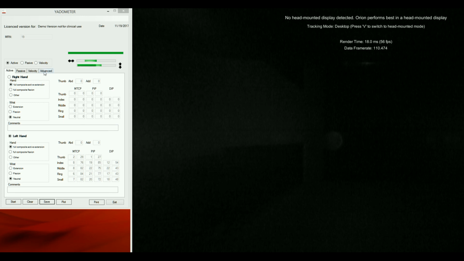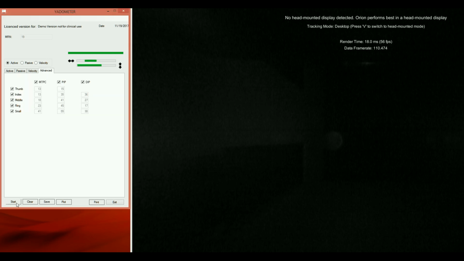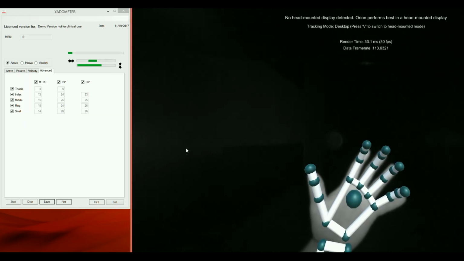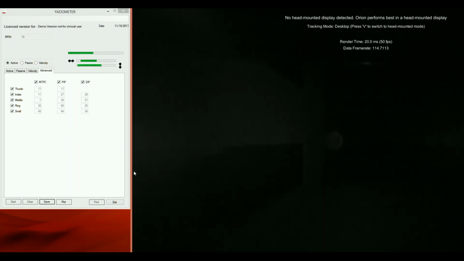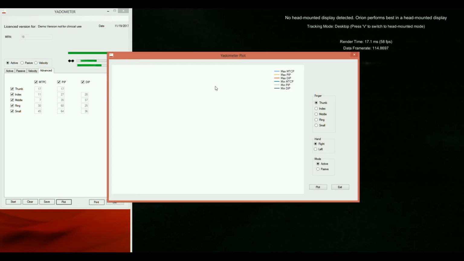That's the way that they created the software. But you can also go on advanced and basically get real-time data if you wanted to use that. Quite useful for people that have polydactyly or anything pretty much out of the ordinary. Then you can save it, you can plot. Right now we only have one set of data, so it's not going to show us, but you plot here the progress